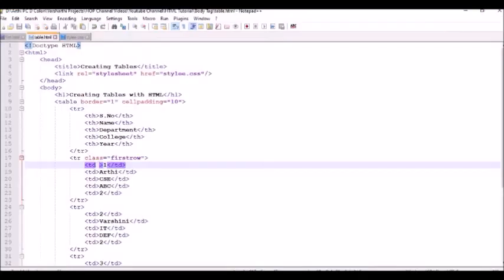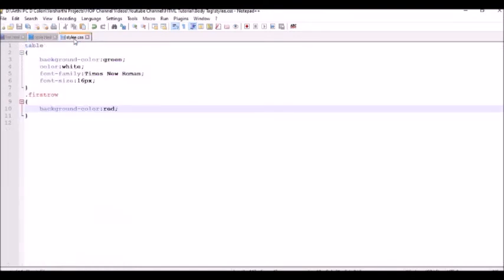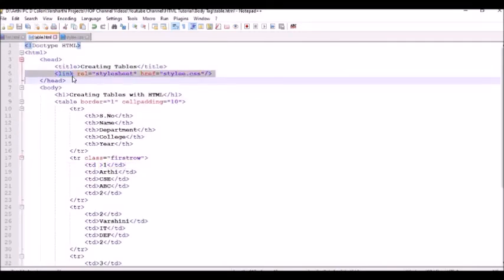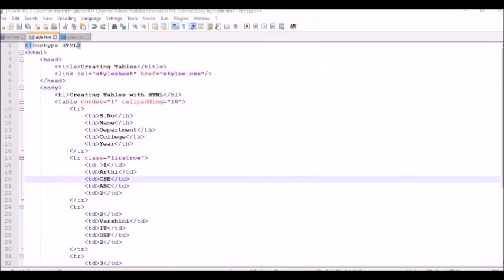So I hope you learned about external CSS, how to apply design formatting using external CSS. To use external CSS, you should have 2 files. One is the HTML, for which you are going to apply your CSS formatting, and the CSS file in which you are going to provide your CSS. After that, these 2 files should be linked by means of a link tag. This is all about external CSS.